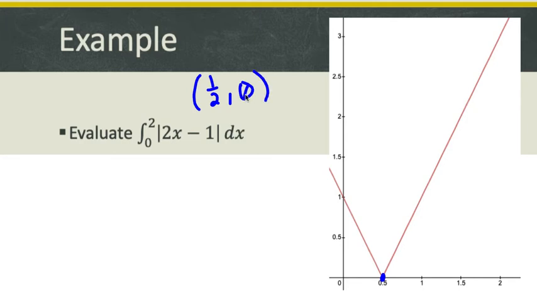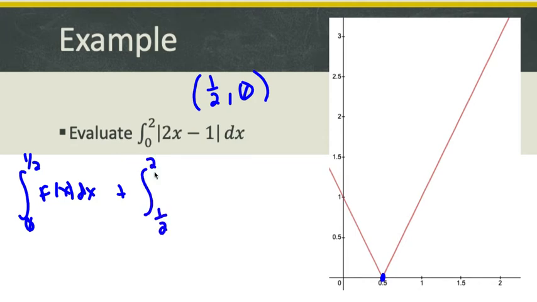So what we can do here is split this up, and we can say 0 to 1/2 of this function, which I'm just going to abbreviate f of x dx just for the sake of time, plus 1/2 to 2 f of x dx. Now, for this problem specifically, we had to do a little bit more than this because not only splitting it up, we would also have to find out what is the equation of this